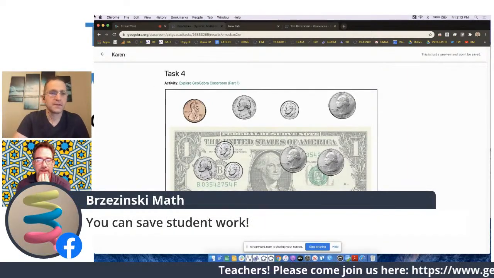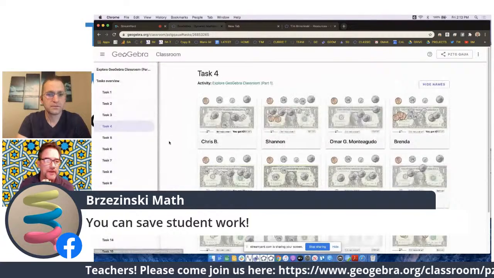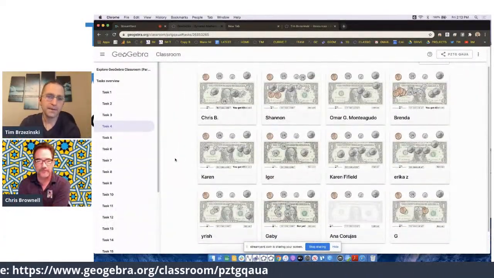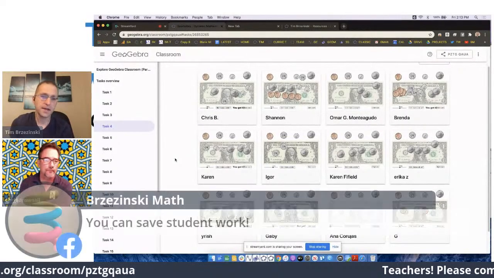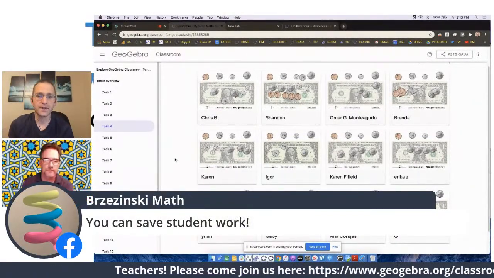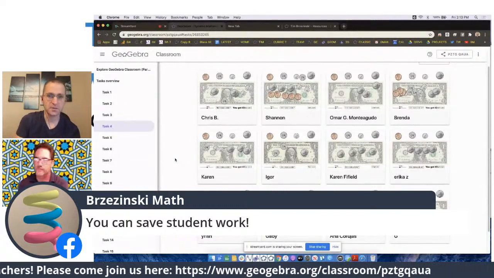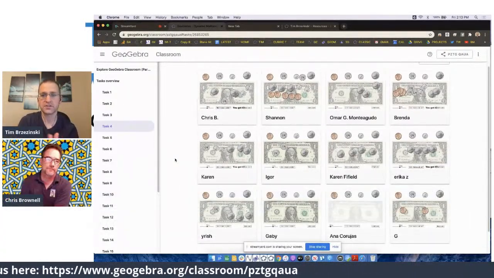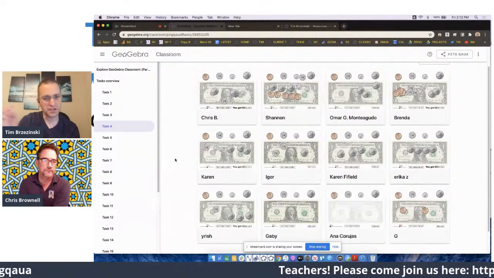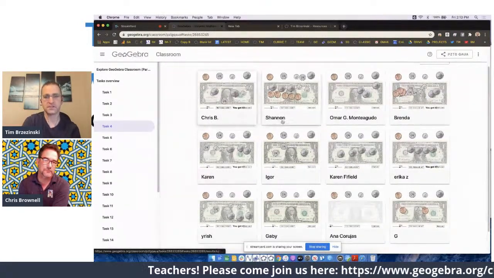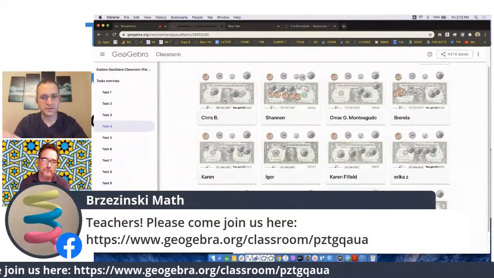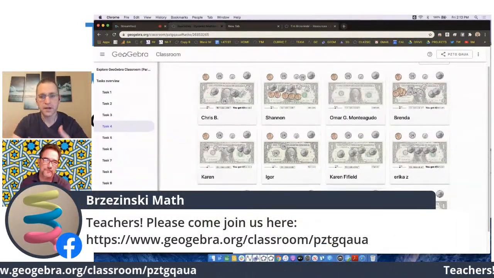Yes. I was wondering, can we save student work? Is that possible, or is this automatically just saved? Or it is automatic at the moment. That's a great question, Chris. At the moment, the student work is automatically saved from the teacher's profile. Like I created this class from my GeoGebra profile, so I have access to all student work at any time. However, from the student's perspective, that is from Chris's and Shannon's and Omar's and everybody who's here, if you exit out of your browser and log in again, your work will erase.